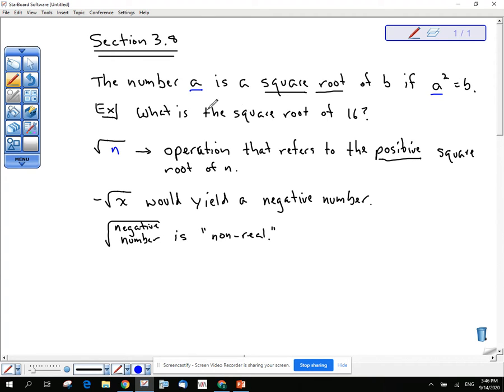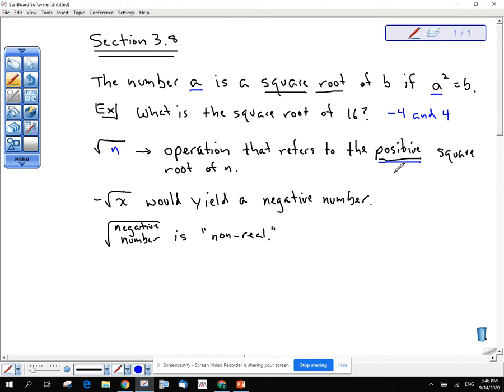So for example, what is the square root of 16 based on this definition? Well, that would be negative 4 and 4. Not just 4, but negative 4 and 4, okay? Now here's the part that most people miss. Listen closely to this. When we use the square root operation, we're only dealing with the positive square root of